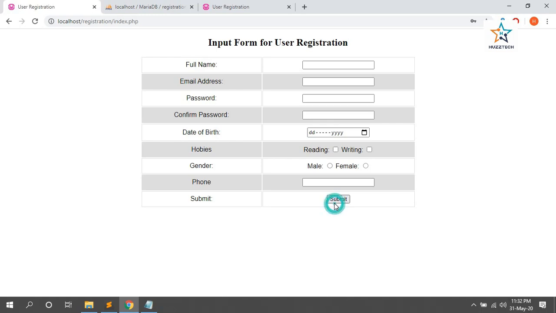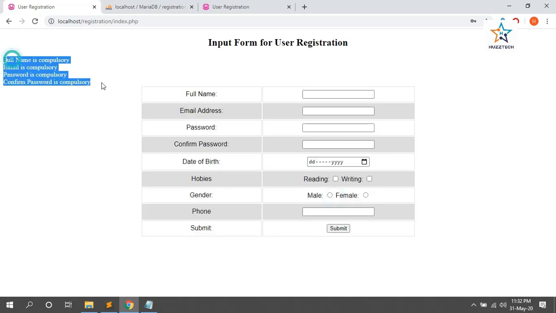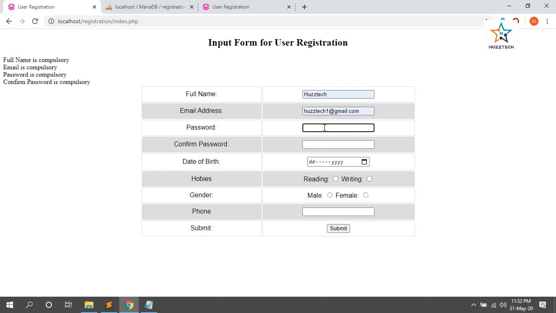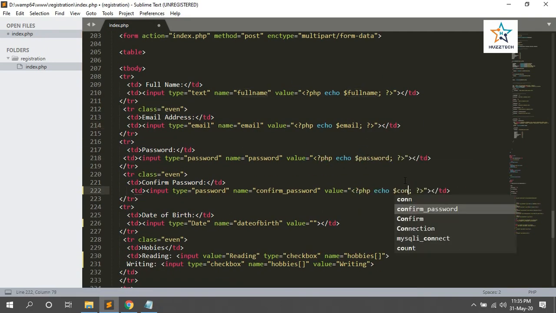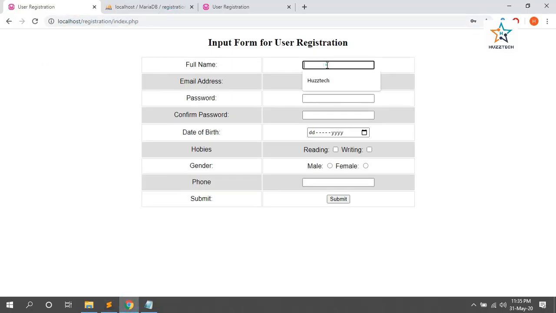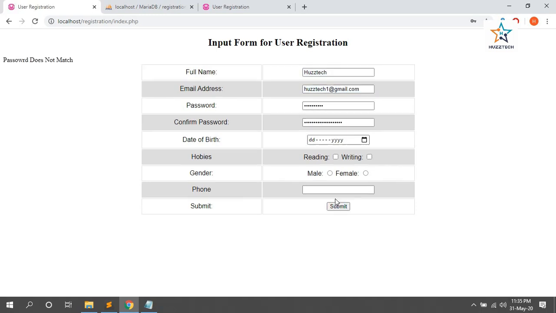Now we can see that if the user submits it empty, the system will give an error and data did not enter in the database. Now fill in any value and the passwords should not match, so it will show its error. Now you have seen that when it shows an error, its other field values are removed, while it should not be like this. For this we echo the input variable in the value. Now when I give values and an error appears, the other values will remain in the fields.